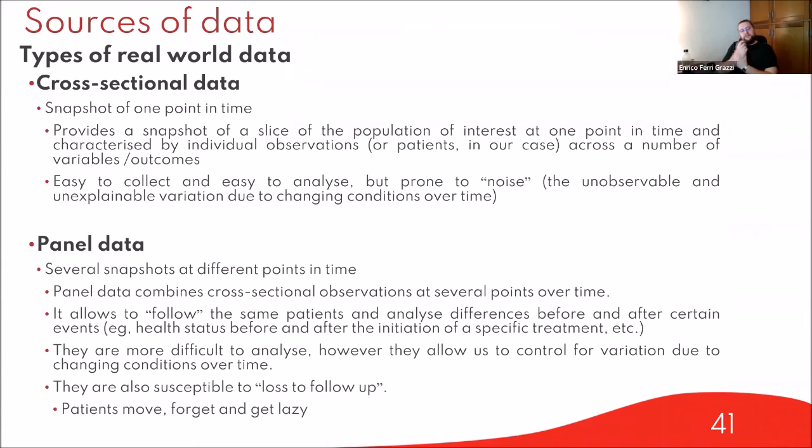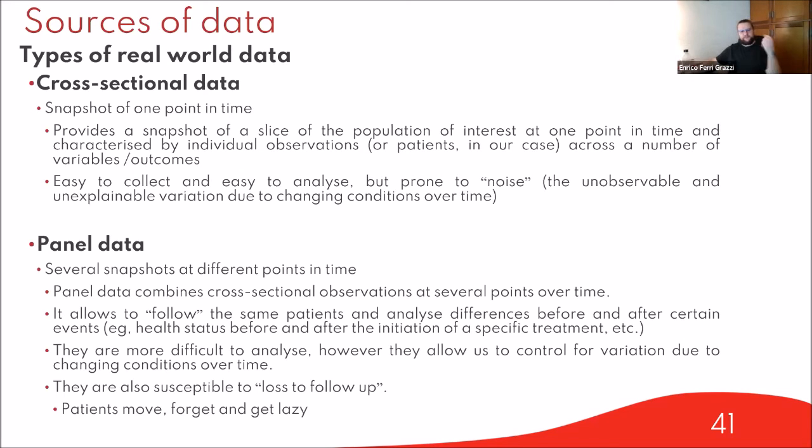I just wanted to mention that there are generally two types of real-world data that can be used in evaluations. Cross-sectional data is a snapshot of one point in time. So essentially it provides a snapshot of a slice of the population of interest at one point in time, and it's characterized by individual observations or patients across a number of variables or outcomes that are measured. These are easy to collect, they're cheap, they're easy to analyze, but they are prone to a bit of unobservable noise because we can't control for